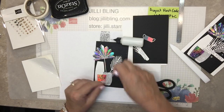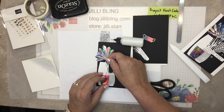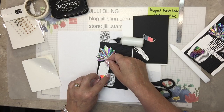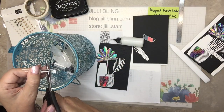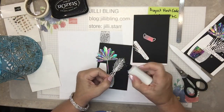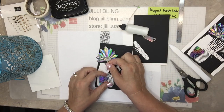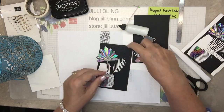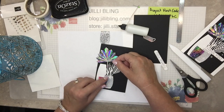Maybe some, that'll look like an accident. This black and white is looking all tidied, tailored, and kind of perfect. This one I kind of wanted over the pot, so I'm going to cut off from here on down. And again, just gluing some of it, not all of it, just enough to hold it. Okay, and one more. This one can be a little tall, maybe. I don't like how that's...